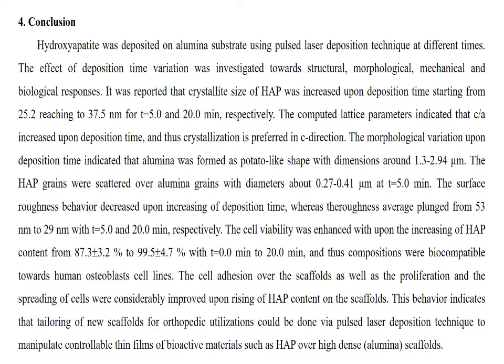The computed lattice parameter indicated that C over A increased with deposition time, and thus crystallization is preferred in the C direction. The morphological variation with deposition time indicates that alumina was formed as potato-like shapes with dimensions around 1.3 to 2.94 micrometers. The hydroxyapatite grains were scattered over the alumina grains with diameters of about 0.27 up to 0.41 micrometer at t equals